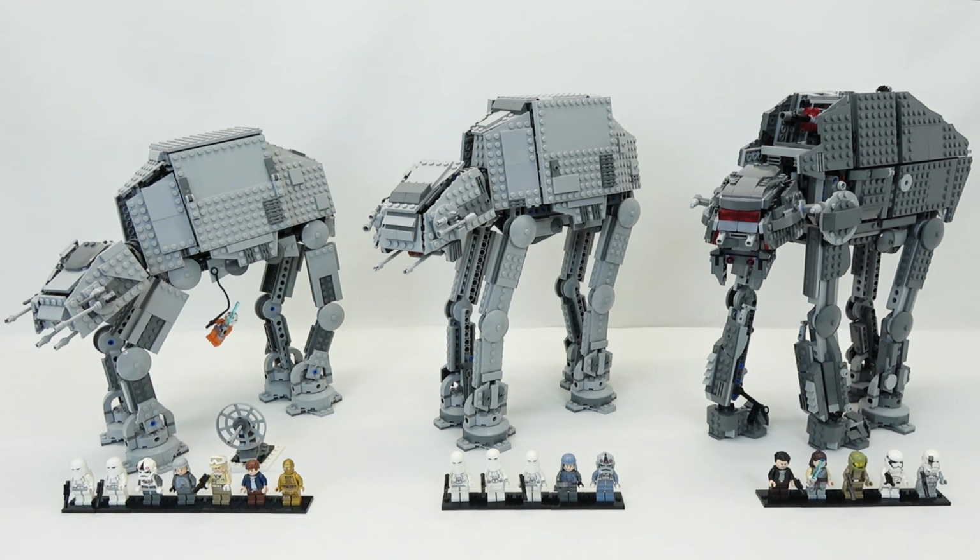In the middle, we have another AT-AT walker from the Battle of Hoth, from Episode 5, Empire Strikes Back, of course, and that is official LEGO set 75054 from 2014. This one is a little bit bigger. It consists of